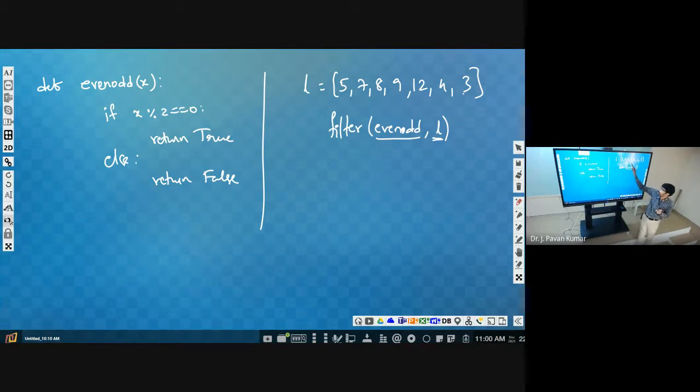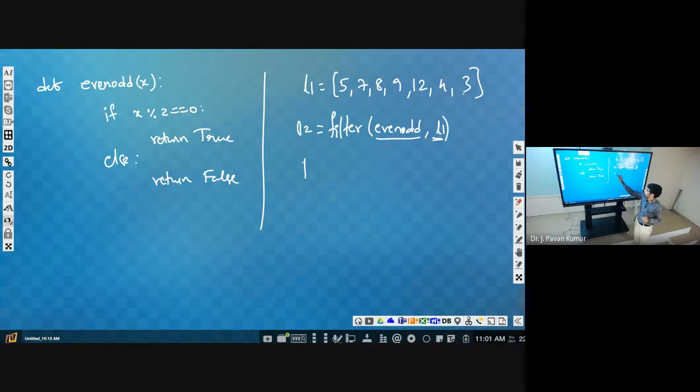Next 7, false, so it will not consider. 8, true, so it will consider that 8 in the resultant. Next 9, it will not consider, because it returns false. Next 12, true, so it will consider. Next 4, it will consider. 3, false. So finally it will return some collection. Let us say this as L1. Okay, this is L2.